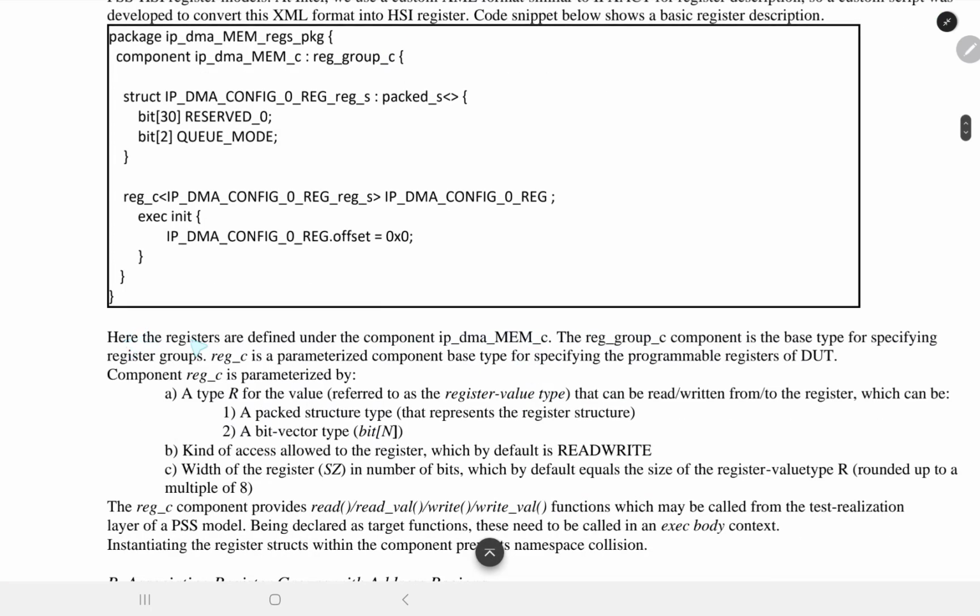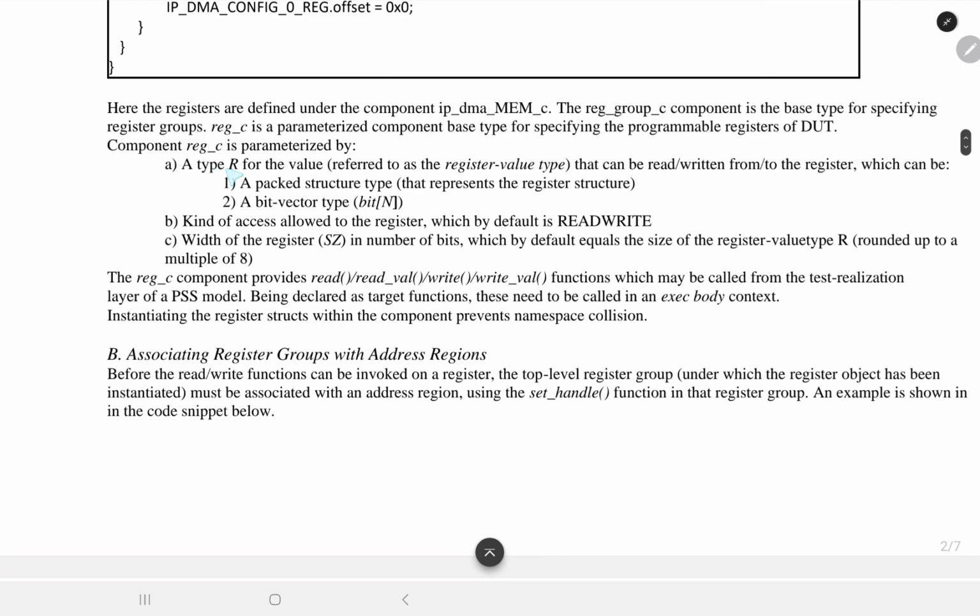Here, the registers are defined under the component IB_DMA_MEM_C. The reg_group_c component is the base type for specifying register groups. reg_c is a parameterized component base type for specifying the programmable registers of the DUT. Component reg_c is parameterized by a type R for the value, referred to as the register value type, that can be read or written from the register, which can be